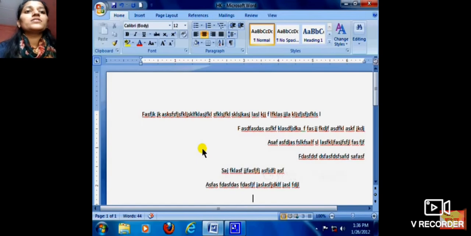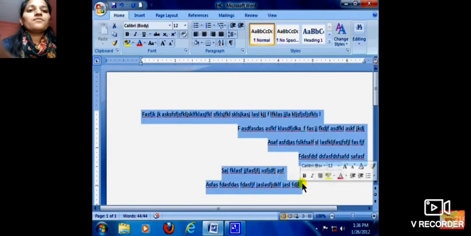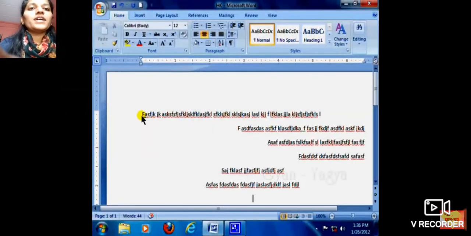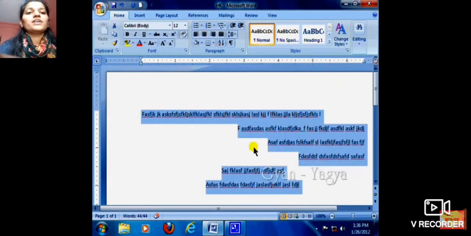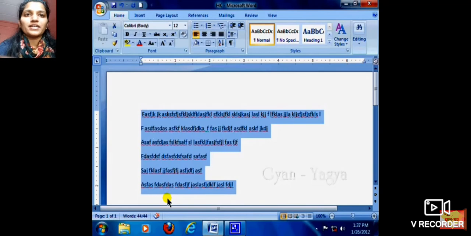Okay, so here we can see that we have chosen the center one, and now if we choose the right alignment, then we will get our data at the right side. Now if we want to give any effect, I'll show you again. First of all, we have to select our paragraph like this. We select our paragraph, whatever the typed data, and then we click on the left so that we can get it at the left side, right?